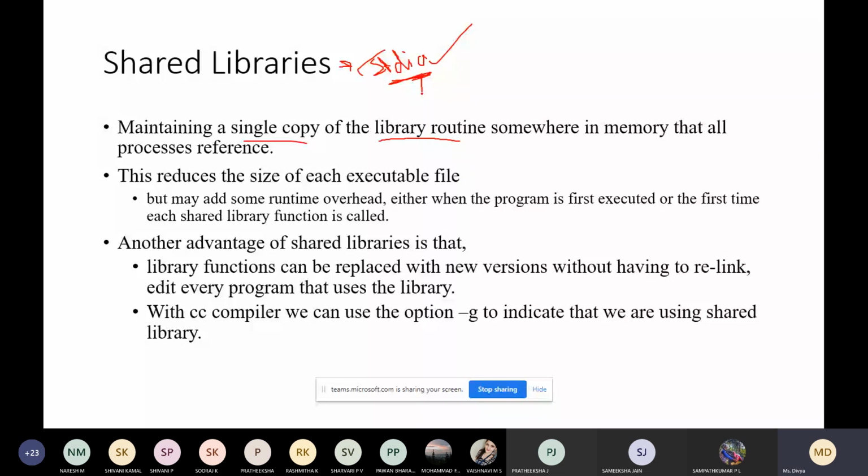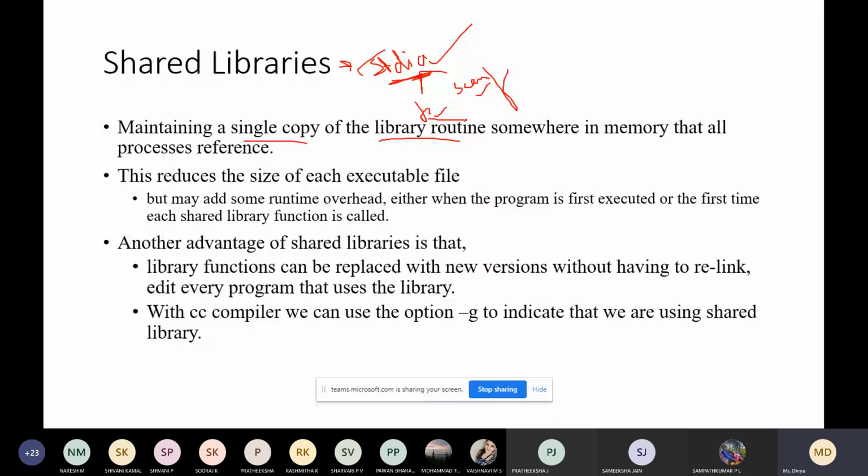Commonly this will have two important statements, printf and scanf. Whenever you write a program, you can make use of this library and just call this function, which can be used for printing, and this one is for reading the line. So you need not write the entire code for this function.